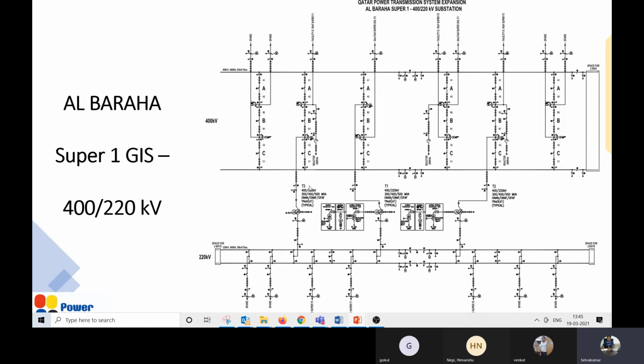Since you are already working in this area, I think you might be aware of what a 1.5 breaker scheme is. Needless to say, you know what a 1.5 breaker scheme is, am I right? Yeah. All right. So here you can see this is bus A of 400 kV. This is bus B. These are two spare feeders. And here you can see there are three 500 MVA transformers that are stepping down from 400 kV to 220 kV. So this 400 kV as well as the 220 kV station is in our scope.